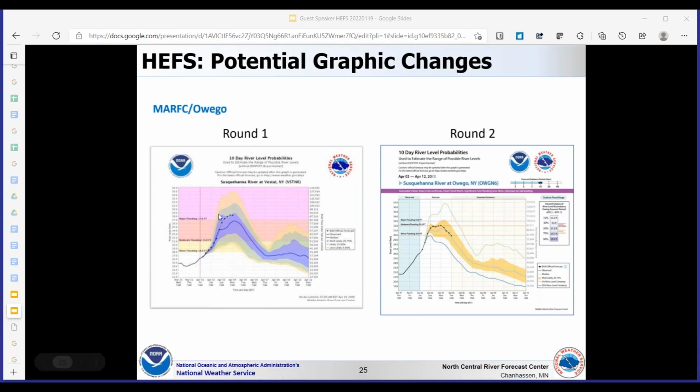You can see in this particular product that it includes forcings that go out well into the future. In fact, these hydrographs are based on precipitation and temperature ensembles that span the entire 10-day window. So these products fill a glaring gap in our forecast products over the years, where people are wondering what's going to happen 1 to 2 weeks out into the future. What do I need to be prepared for?